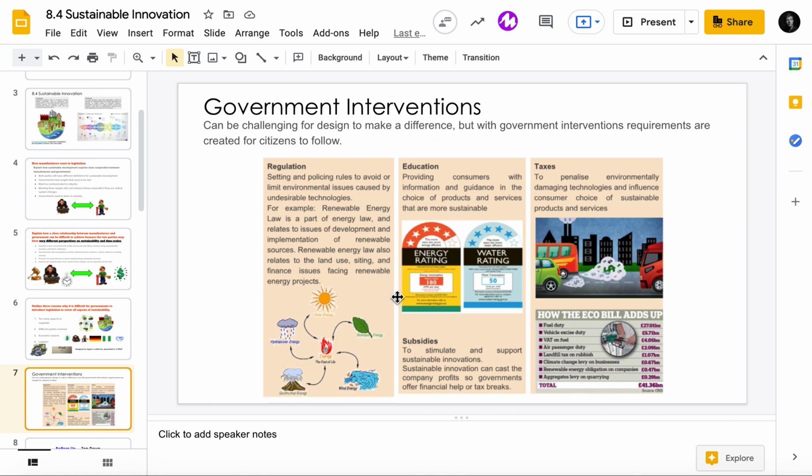They do lots of education, so they can do eco-labeling. They can do different informational advertisements, put it into education, like literally have it in classroom settings, but also subsidies,